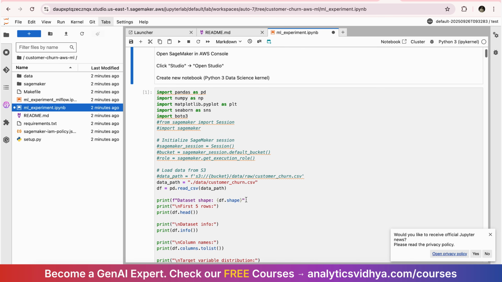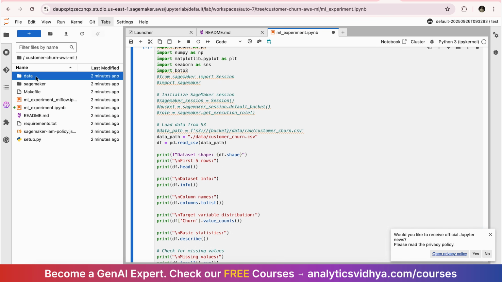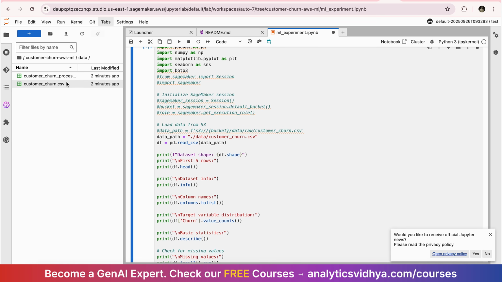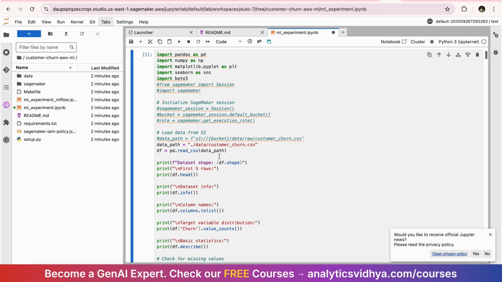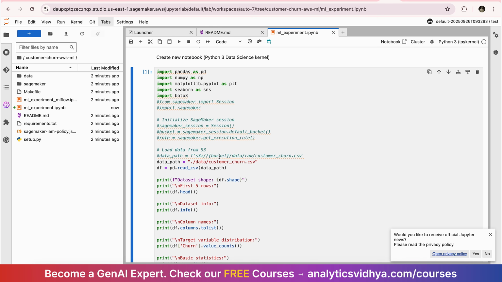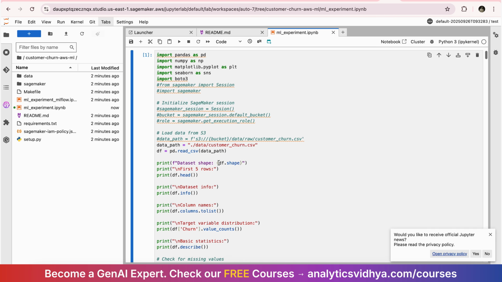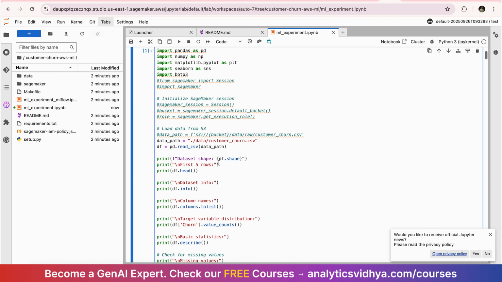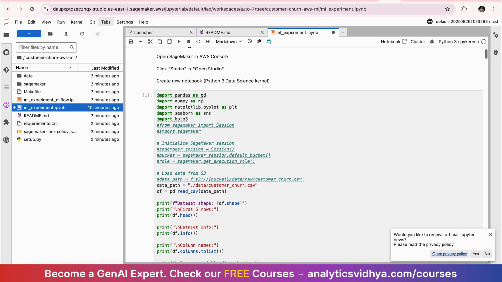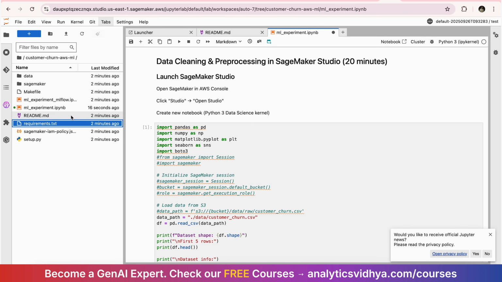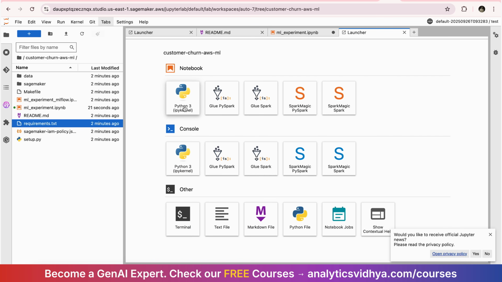Our ML experiments. If you see here in my data folder, I have customer churn data, and I'm going to use this for this experiment. Right now, I'm not using anything of SageMaker. This is a very simple experiment. You could have run this notebook on your local machine also, to show you the basic data science work that you do, right? If you're going to run this, there are a few requirements. So we basically need to install the packages if any packages are missing. What we can do,